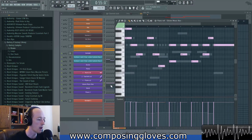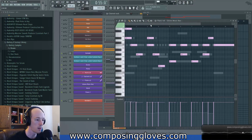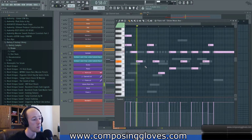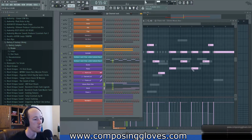And then we have this, let's turn these off. This may be less apparent. This is the music box, but I changed the envelope on it and a couple other things to get this nice tone. So it's just nice. And when you combine it with the other bell,